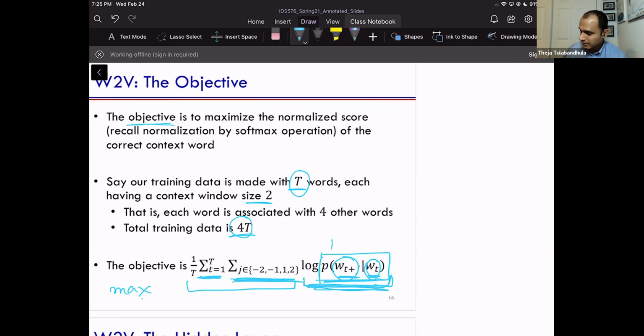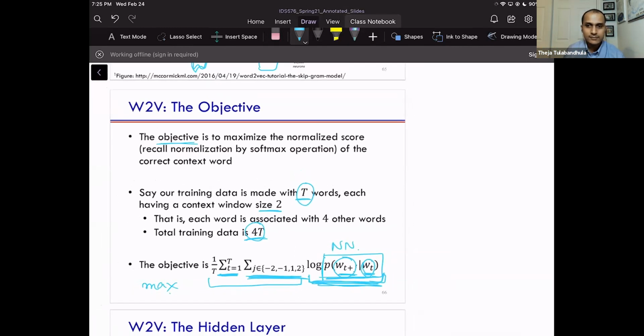And this is where the neural network is. The neural network is right here. Any questions? The network's input is this, and the output is going to be a score for every word, but we care about the nearby word. The log of the normalized score, that is the log of the probability, is what we want to push up. And how are we going to maximize this? Again, we'll just do gradient descent, so we won't worry about optimization.